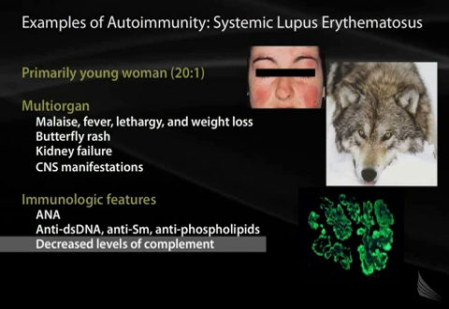Here we have an immunofluorescence staining, and I want you to contrast this with what you saw with, say, Goodpasture syndrome. Remember, in Goodpasture syndrome, you had that pencil-thin line. Well, here you have more of a fuzzy type of picture. It looks like somebody took a crayon and kind of colored in. This is because they're staining those immune complexes.